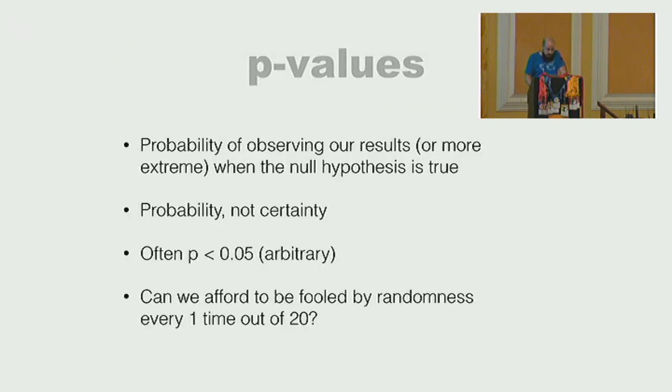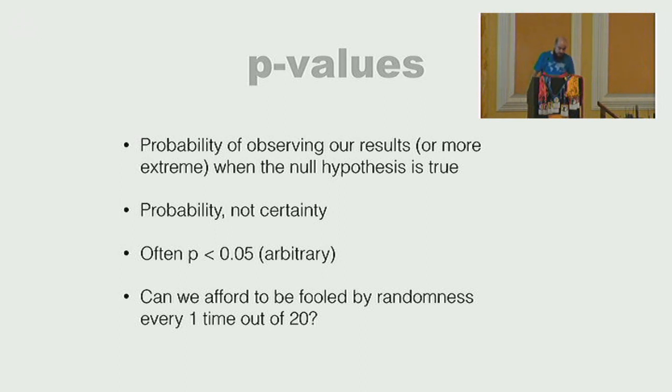So what are p-values? Well, p-values are about probability of observing our results, so probabilities, not certainty. And we're basically saying that we are a bit more sure about our results not being out of chance. Typically, when in a study scientists report statistical significance, they fix a particular level of significance, which could be 0.05, just arbitrary. Different fields will work differently, but we're simply saying, yes, we are a bit more sure that the results are not out by chance.